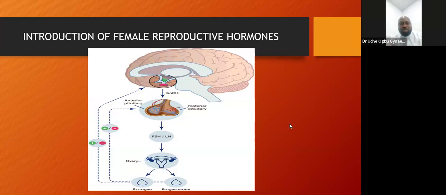There's another important hormone I also want to highlight. It's not shown on this diagram. The hormone is called prolactin. Prolactin is also produced at the anterior pituitary in the brain, and it is moved through the bloodstream to the breast. In the breast, the main aim is milk production, and it's supposed to be at a certain level until a woman is pregnant or breastfeeding.